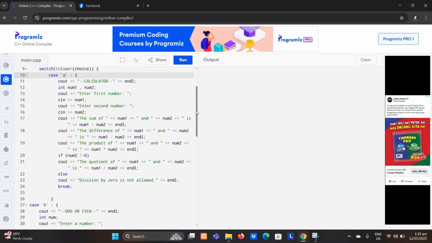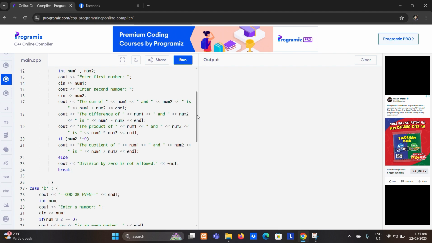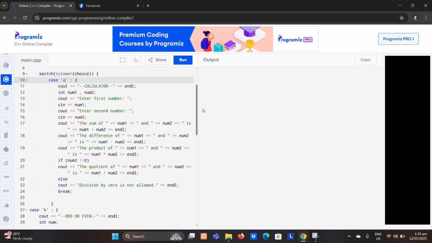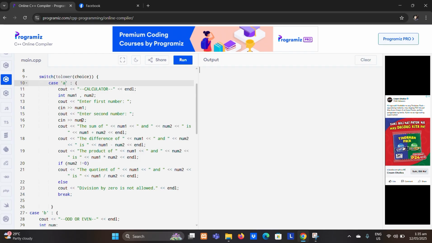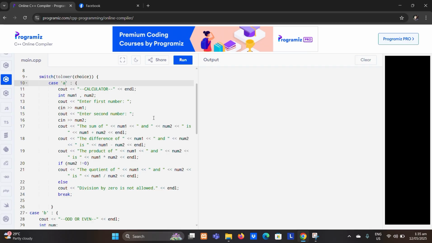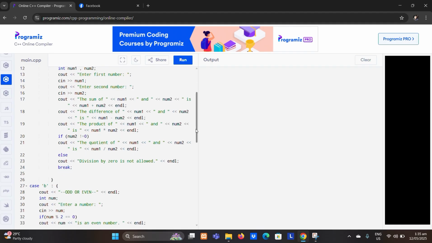Let's move on to the other. First, this is the code that I made to create a calculator. I enter the first number, the second number, and the second one is odd or even.